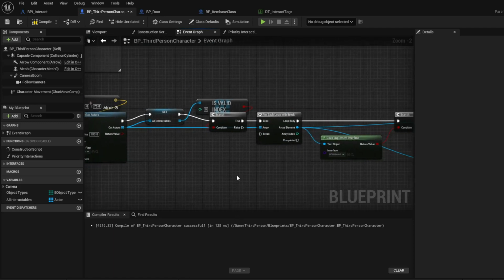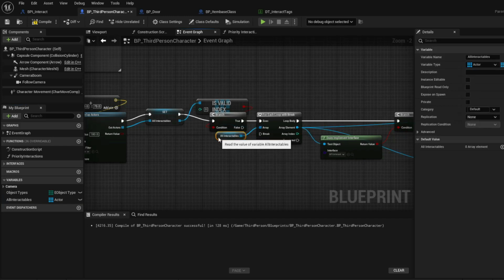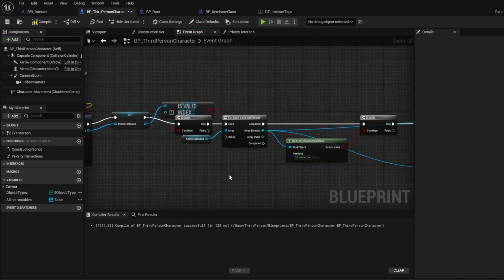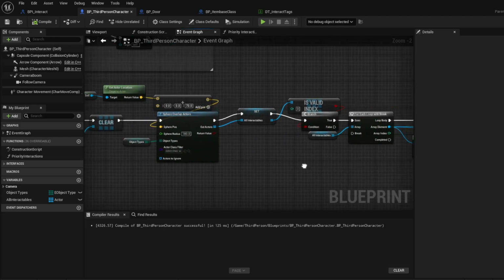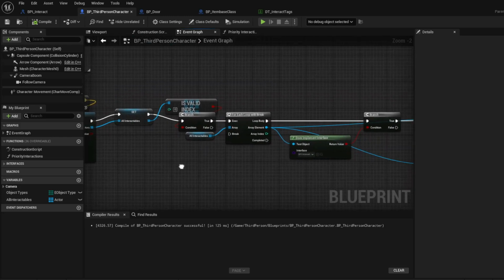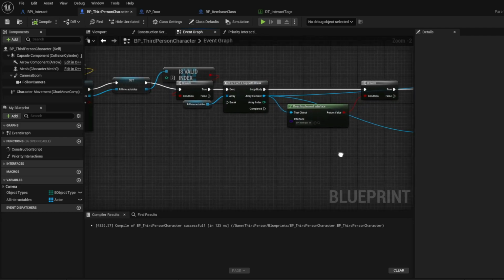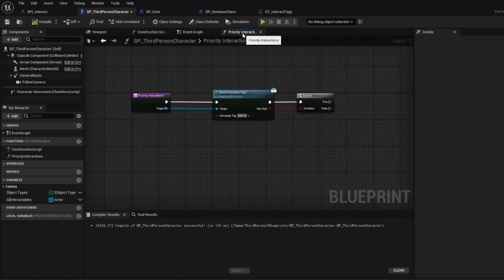Array. Let's do that. Actually, I don't like that either. Let's do that. Okay, really all you need to know is that all interactables is going here. Having more nodes doesn't really affect anything, it's just pulling information. So whatever makes it easier for you to read is the best outcome. Okay, and then priority interact for